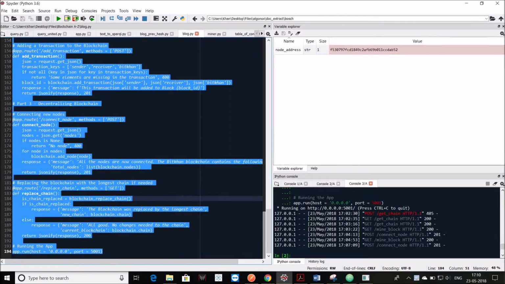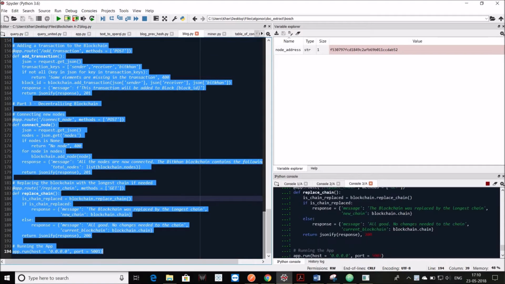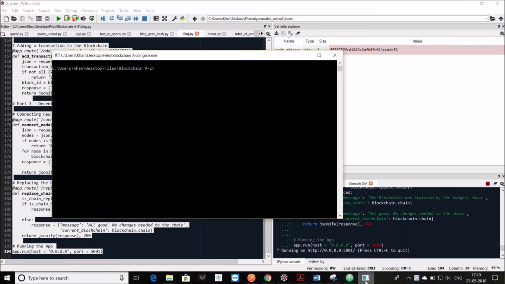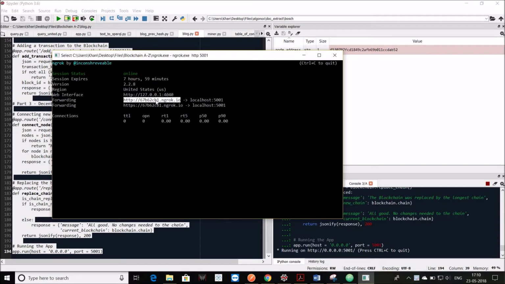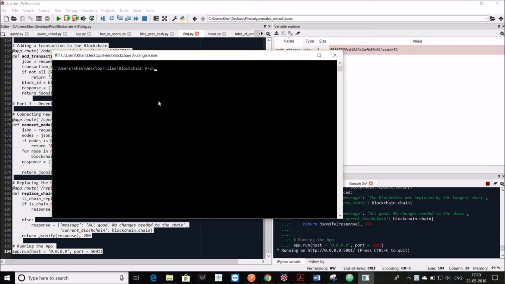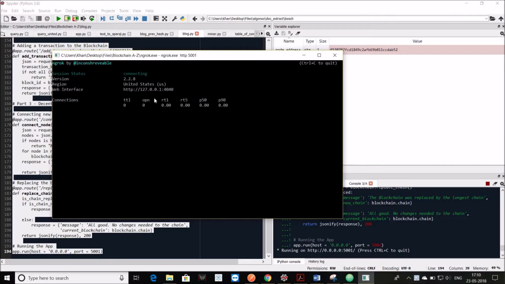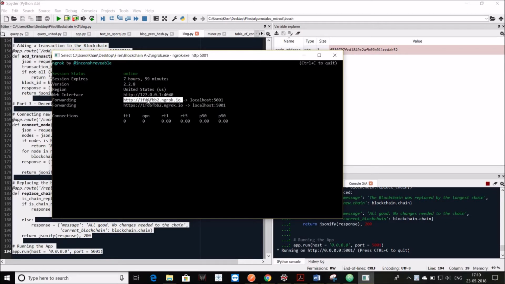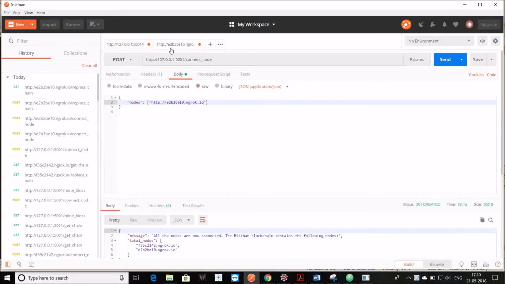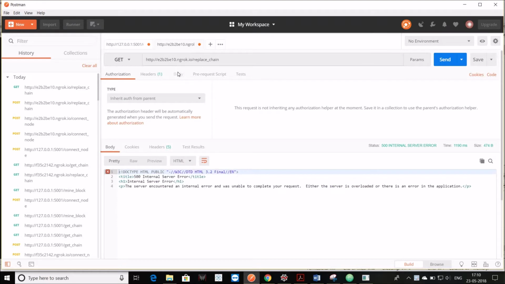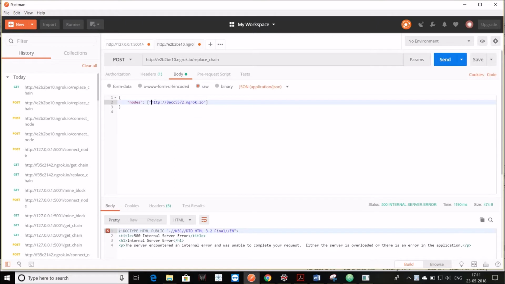Let me just run our code and host it on ngrok. We copy the address, and we go to Postman and use that address to connect our mobile node. So we post the request with the JSON file. We replace the existing address with the one that we just created,